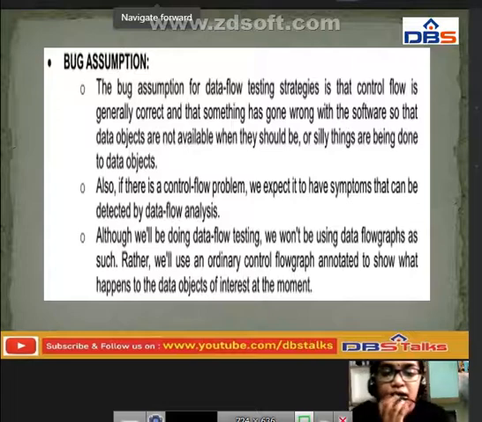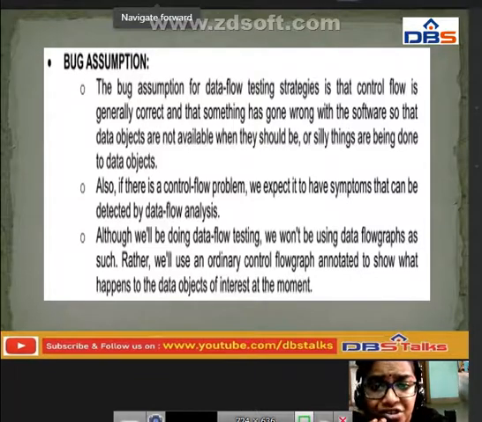This is how we are going to assume the bug. The bug assumption for the data flow testing strategies is that the control flow has generally gone wrong with the software, so that the data objects are not available when they should be, or silly things are being done to the data objects.